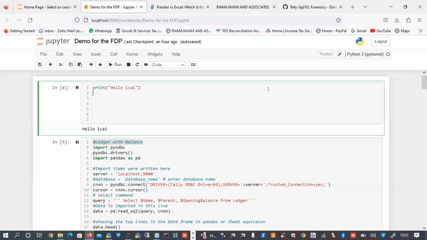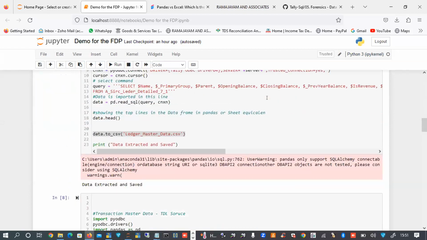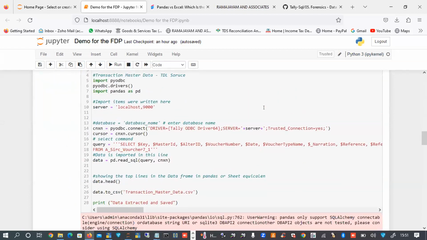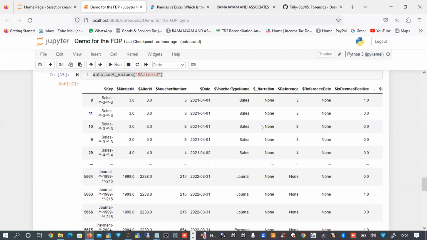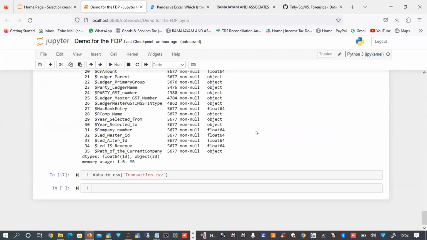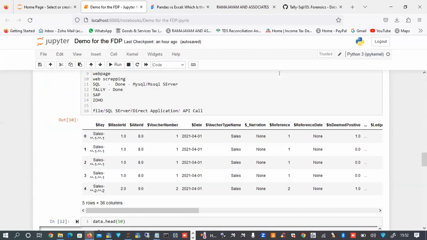Okay, understood, sir. And all reports can be automated using a Jupyter notebook like this. So for giving it to the client, I can use Django to make it web based. Yes, okay. There is also a bit of a learning curve, sir. A learning curve for you. You need to put in some effort before you write applications. Understood, sir.